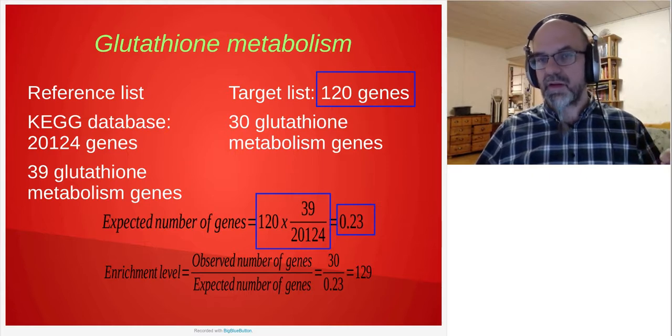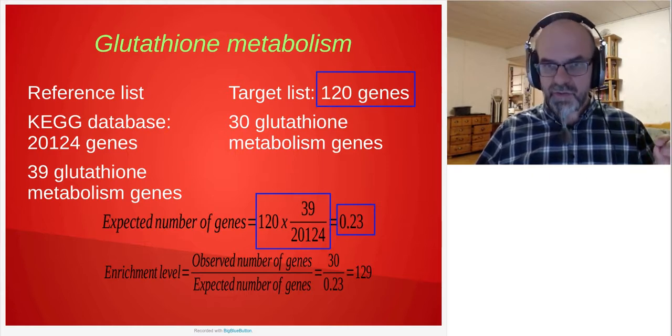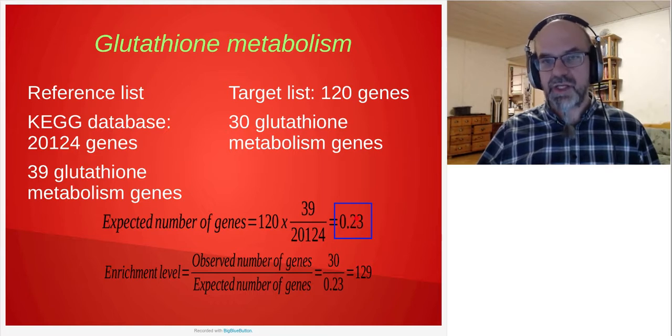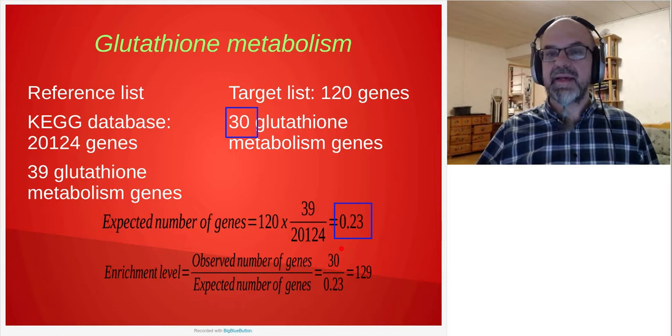So our intuition was well placed. If we are expected to see 0.23, so less than one gene, on a list of 120 target genes, and instead of that we are observing 30, then there is a high probability that this is